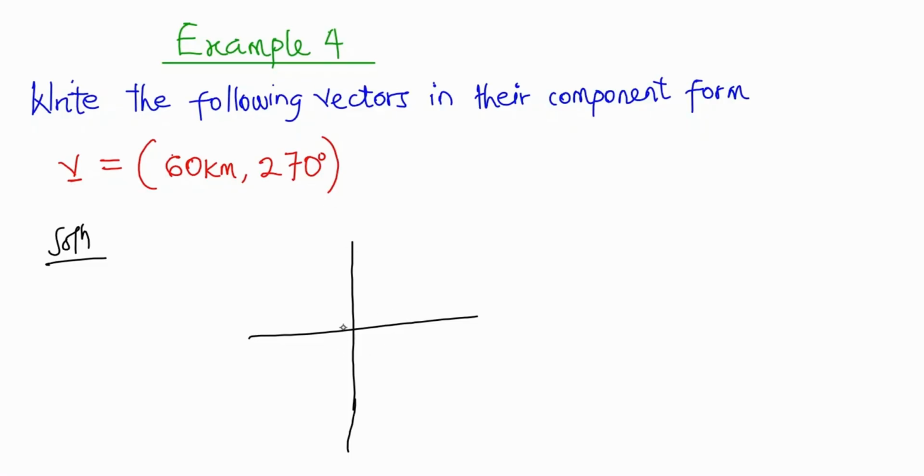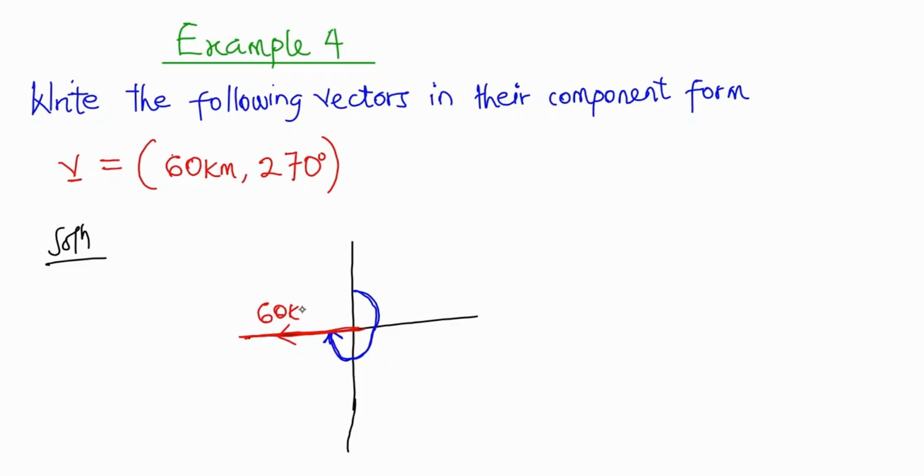So it means that our vector, now let's see, from the positive y-axis. So from here to here is 90. You continue from here to here gives us 180. From here to here gives us 270, which means from the positive y-axis to this side gives us the 270 angle, which means our vector now lies on the x-axis, the negative x-axis. So this is where our vector is. So we indicate it as such, and we write here as